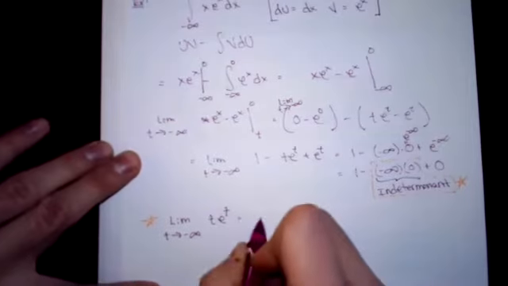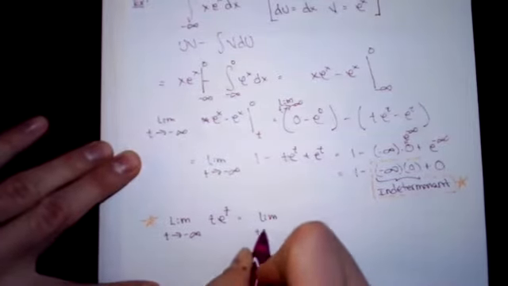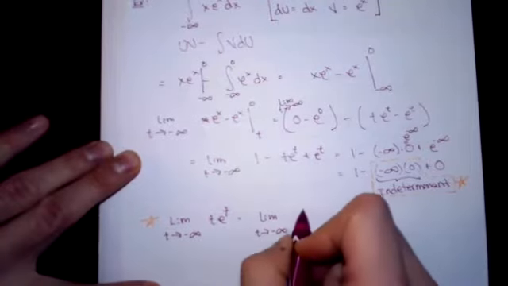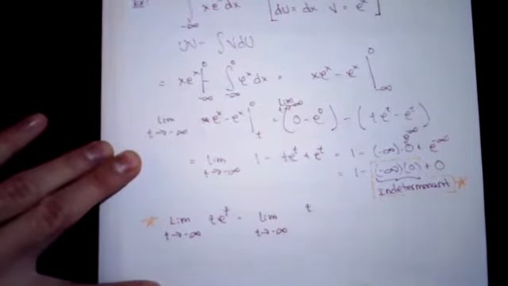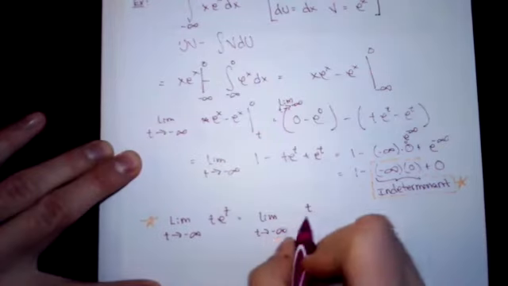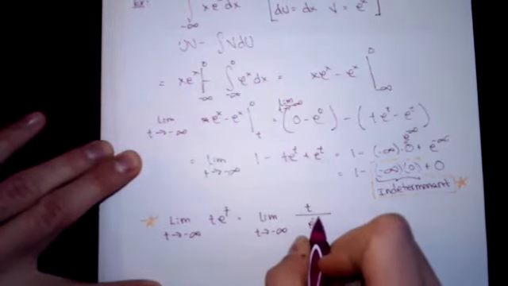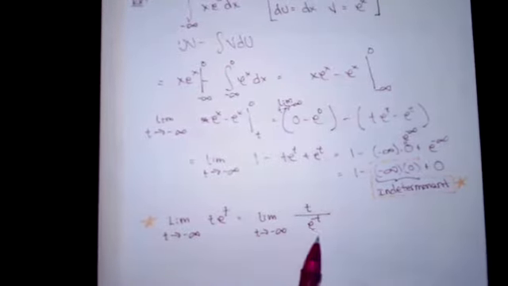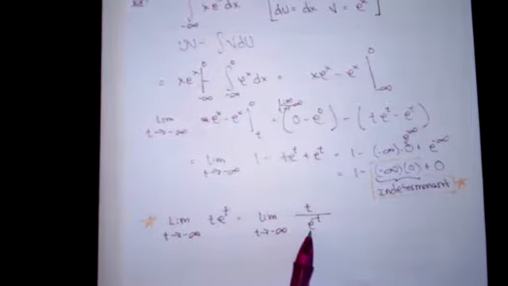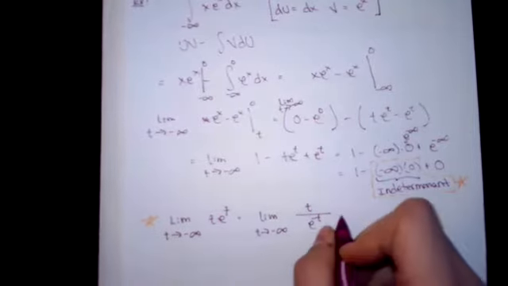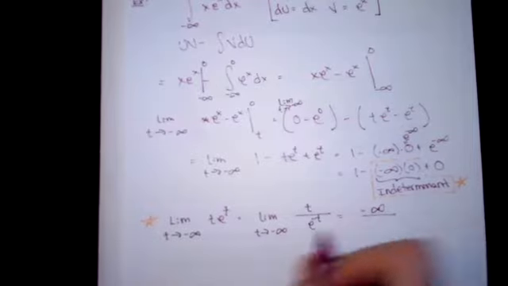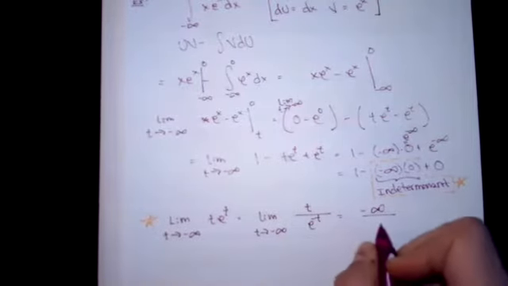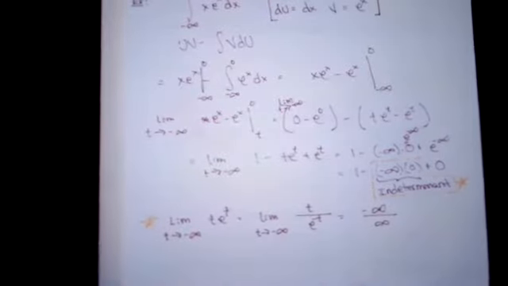And so what I'm going to do is write this as the limit as t goes to minus infinity of, I'm going to keep that t. Well, we could do this either way. You could keep the t in the numerator and write it as divided by e to the minus t. So notice I didn't actually change anything, right? It's just algebra. We just changed the way it looks. But the nice thing about this is that now when I plug in the minus infinity, we will get negative infinity over e to the negative infinity, which will be infinity over infinity.